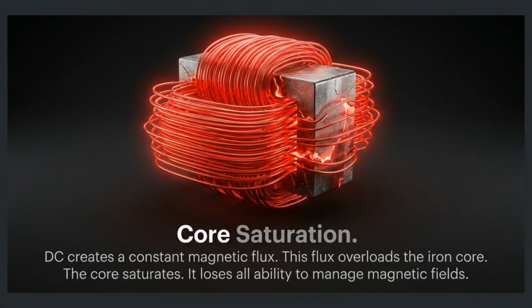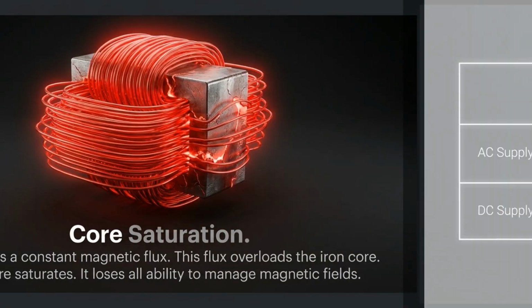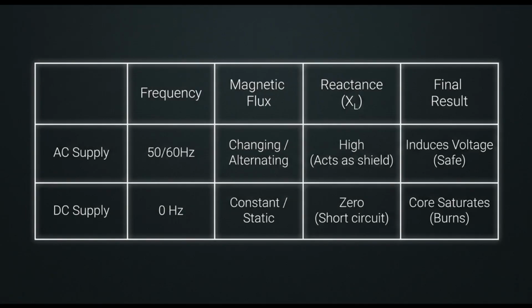Furthermore, DC causes core saturation. The constant magnetic flux overloads the iron core, causing it to lose its ability to manage magnetic fields entirely. This table summarizes the difference. AC provides frequency in changing flux, keeping the system safe, while DC provides zero frequency and constant flux, leading to